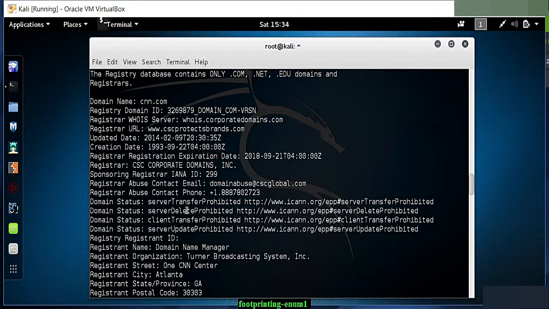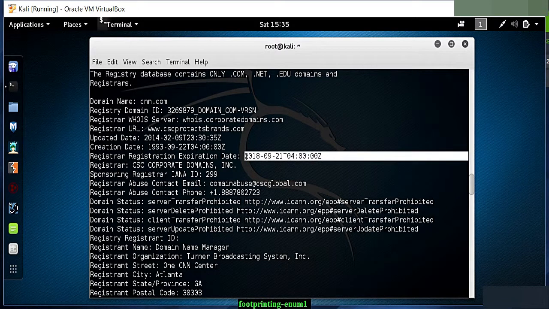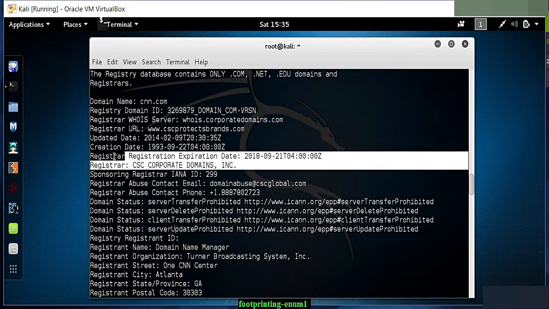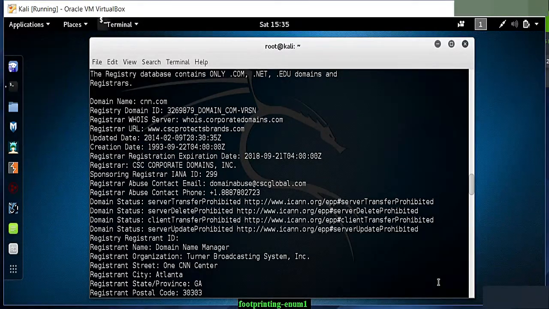So if you're doing a Whois lookup on a domain name, sometimes smaller companies may let domains go and be deregistered. So domain scalpers can come in and buy these domain names up and then charge crazy prices for the actual owner to get them back. So just understand that this information is very valuable in the right hands. So here we see the date of the expiry being in 2018. A domain like cnn.com will definitely not let this domain name expire, but it just goes to show that this